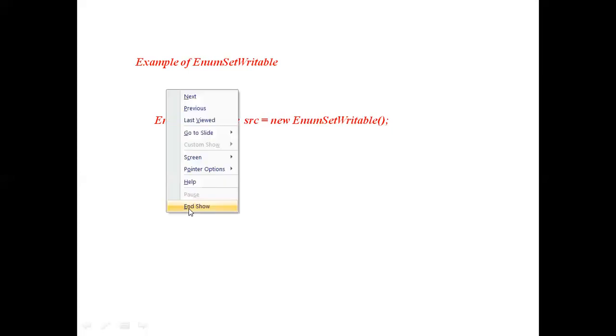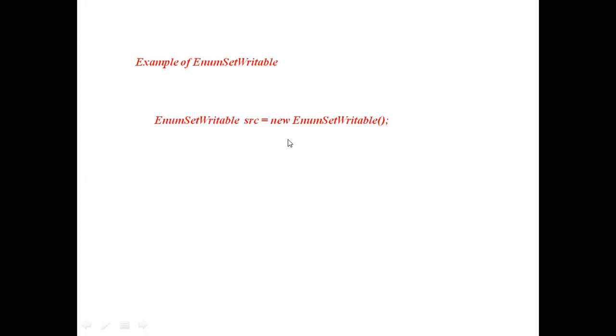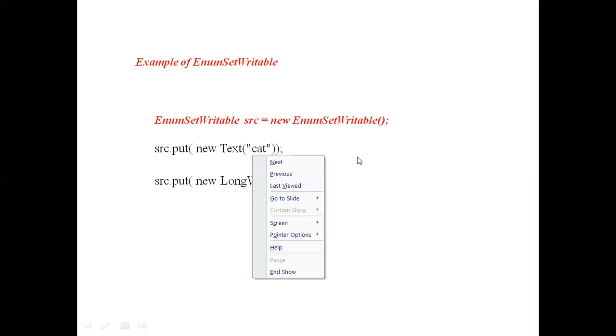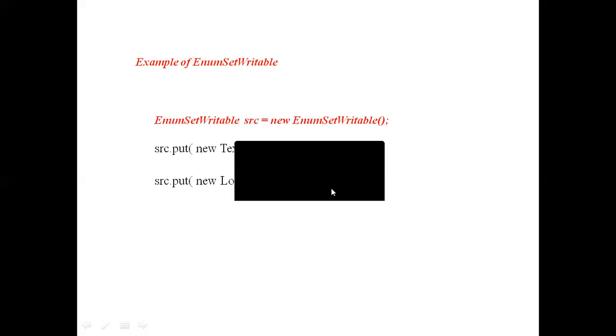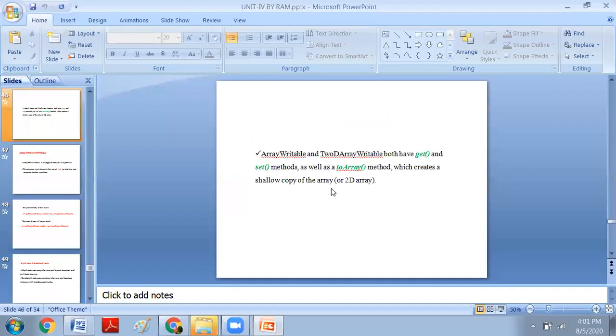In the previous class, we have seen the ArrayWritable collections. Now in this class, we have seen the string map writable classes.